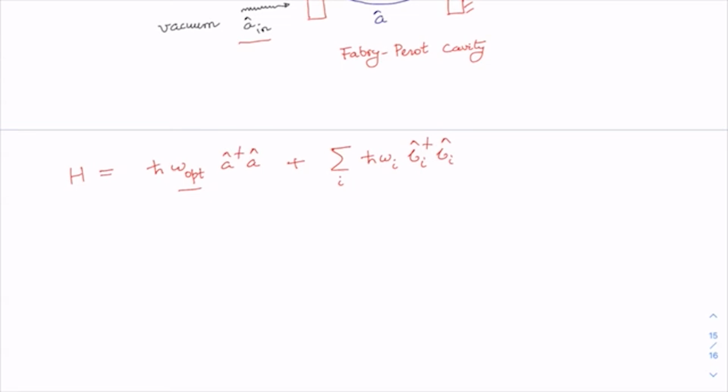This vacuum we are now modeling as a collection of independent harmonic oscillators, and it surrounds this optical cavity, with the only constraint that the commutation relation b_i, b_j dagger should be equal to delta_ij,